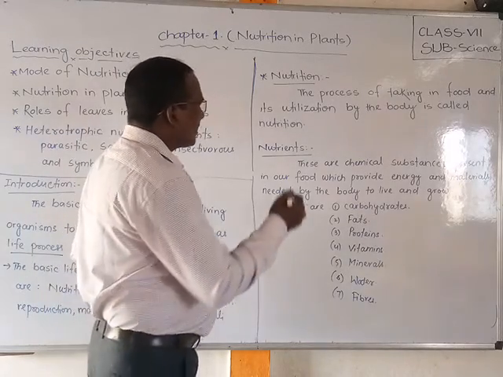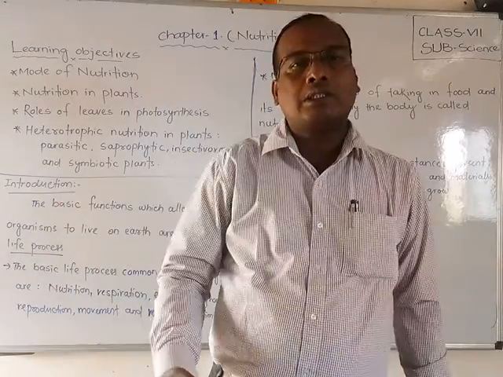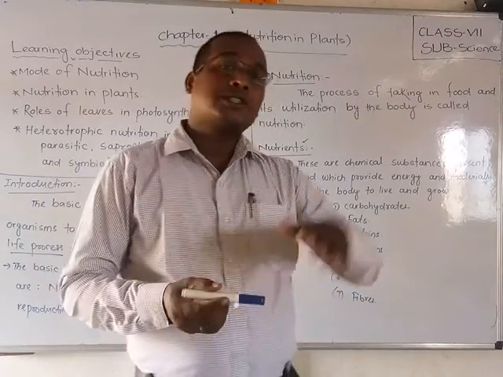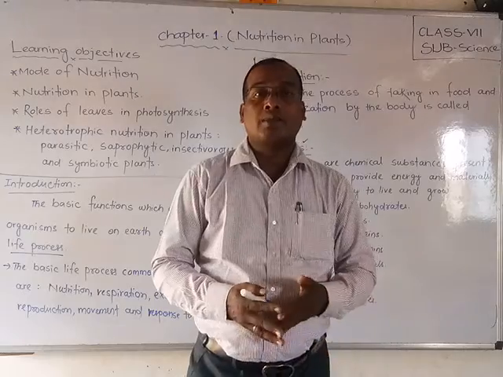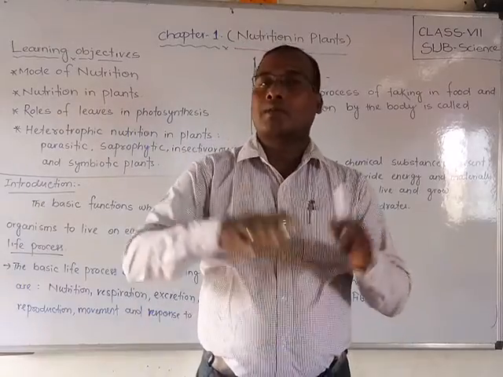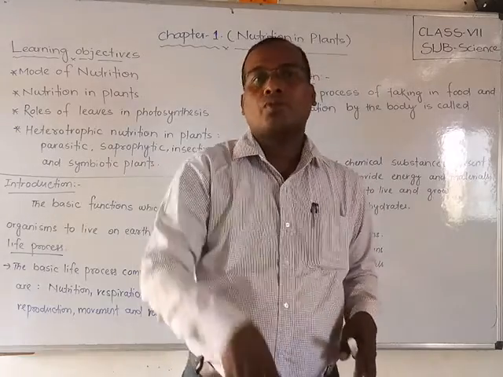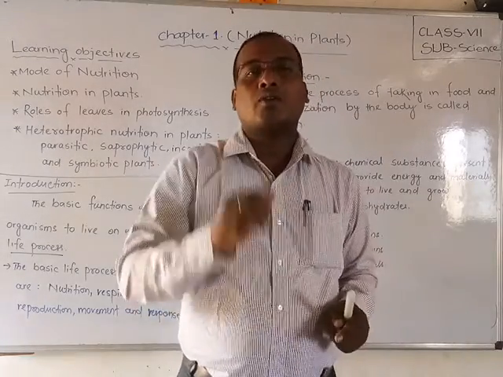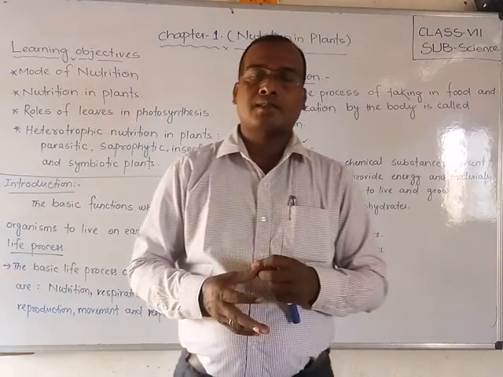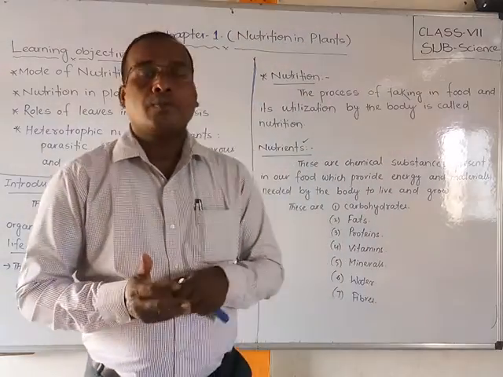So whatever food we are eating, from that we are getting energy, and that energy comes by the nutrients. In the 6th standard you have studied what the nutrients are. Already 7 nutrients we are getting from the food. Whatever chemical substances, these all nutrients are present in the food only. We are getting all the nutrients from the food. First one is carbohydrates. Second one is fats. Third one is proteins. Fourth one is vitamins. Fifth one is minerals.